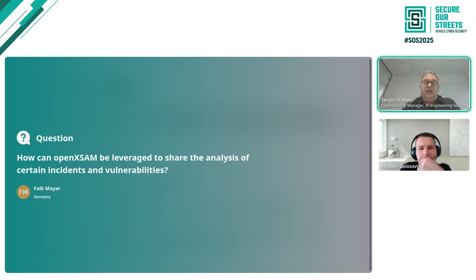But depending on the case, the data was done far away, or you don't have the data right to hand. The recommended best practice is to create your own data of your incident and make the ratings there. And the openXSAM can be used if you have saved this data and given it to the incident team or the team taking care of the long-term support. If they have access to the openXSAM, they open an Excel format, for example, import, and they can see if the incident was already treated or if it's a new vulnerability or a new weakness in your project.